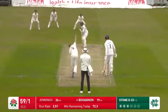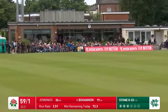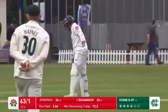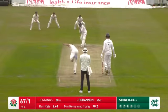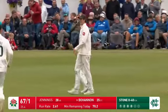Here Ollie Stone comes in and he's gone for the square cut and makes a lovely connection, lovely sound off the bat there. Josh Bohannon cutting this away for 4. Oh, he's edged it this time, and Clark makes no mistake. Well,